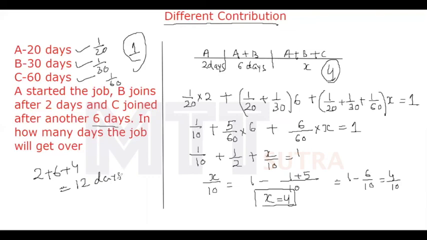So in the question like different contributions, it is always advisable to draw the timeline. After that, you can equate either by taking the unit based approach or by fraction of work approach. So this is just the basic about time and work concept. So this is all about the basic concepts we discussed about time and work.